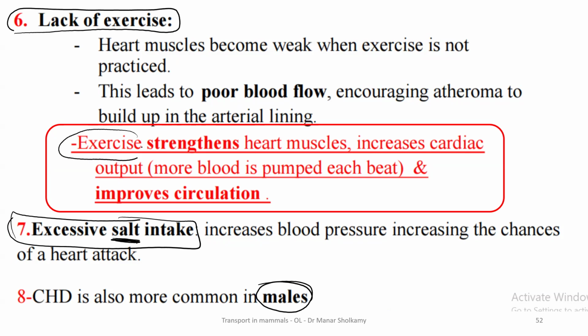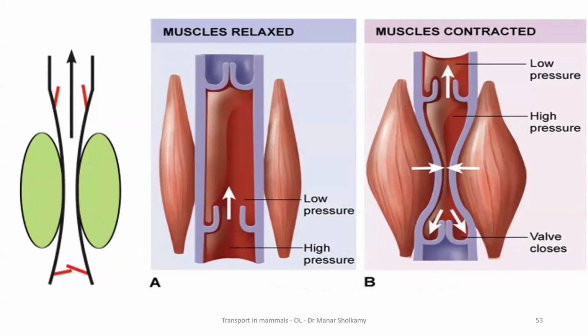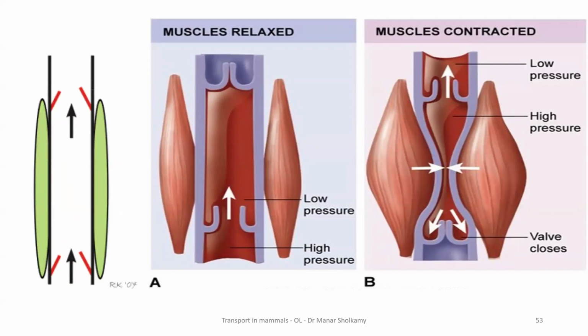Now, exercising, of course, makes muscles stronger, and it will also make your heart muscle stronger. Like any muscle in the body, exercise makes your heart muscle stronger and increases something called the cardiac output. In other words, just one pump will release lots of blood and your heart will be nice and strong and it will improve circulation. As long as this is circled in red, then it definitely showed up in one of the questions. Now, this picture is important because it shows you that when you exercise, your muscles contract and this improves circulation. You always hear that when you exercise, circulation is improved. This is the reason why.